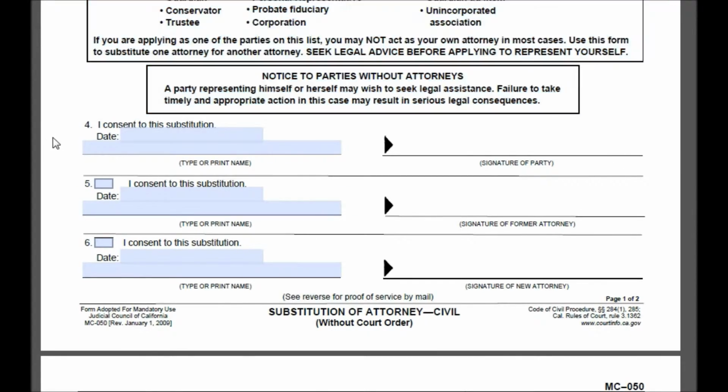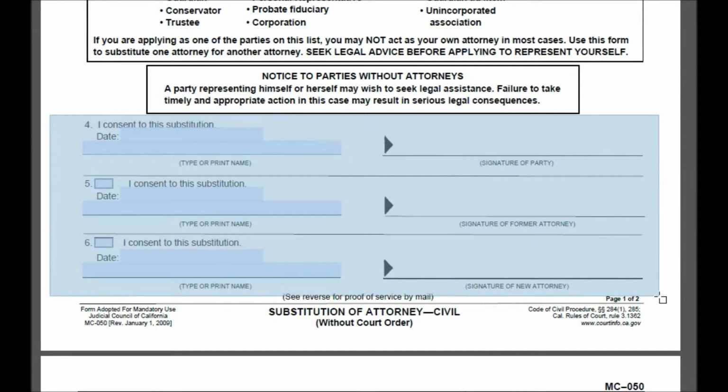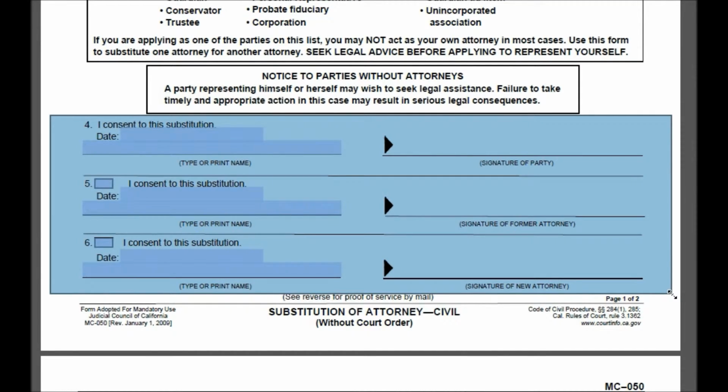This last part to the first page, see right here, is actually fairly important as well because it goes over all the signatures that are required. The way that I always explain it to people is that there are three, you see the three black triangles here, and the triangles are fairly self-explanatory. Regardless of which of the three situations you have, the client has to sign here, this first black triangle, regardless. They sign over here, they date here, and they type out their name or handwrite it or print it over here. So for this top triangle, the client signs regardless.